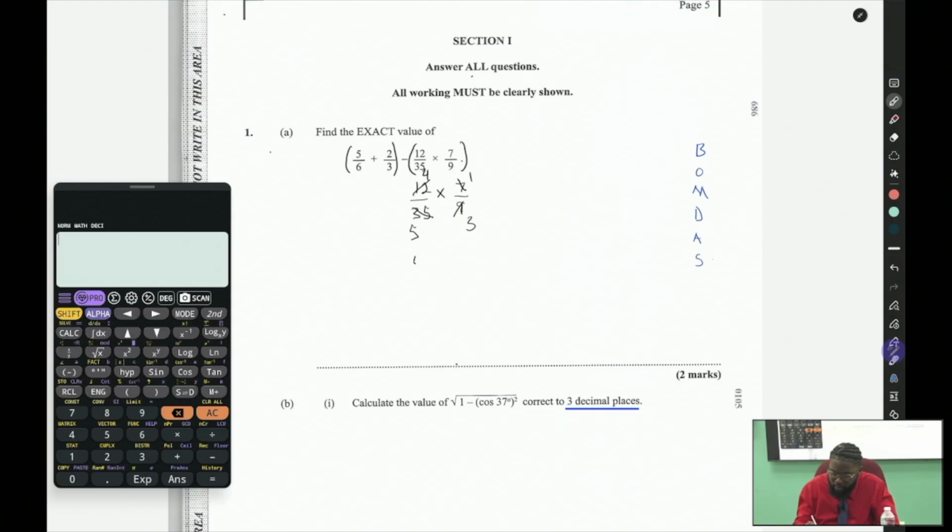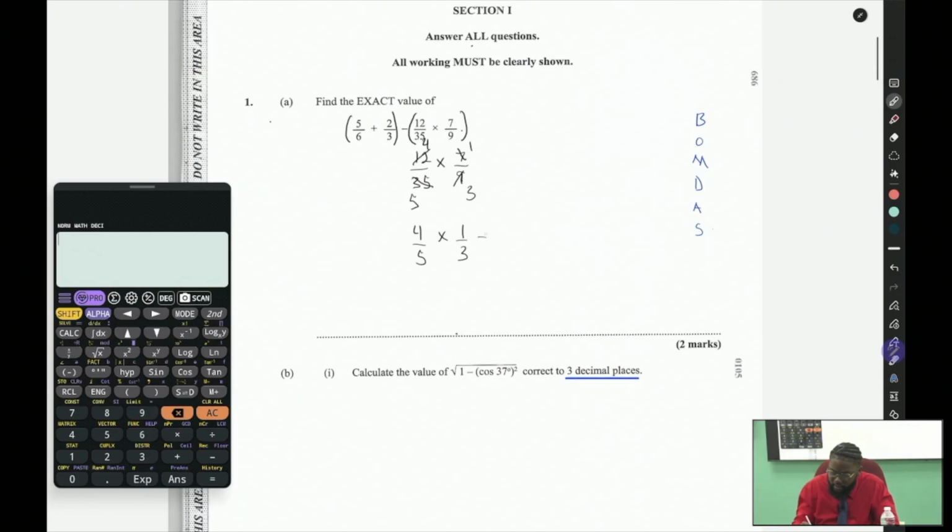So we get 4/5 multiplied by 1/3, which will then give us 4 times 1, which gives us 4, and then 5 times 3, which gives us 15. However, we need to subtract that from what we have on the left-hand side, which is the 5/6 plus